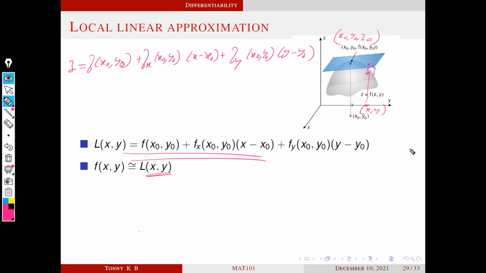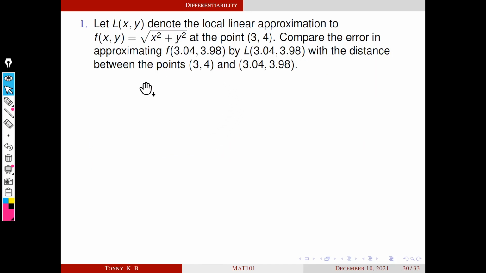And what is the advantage of this local linear approximation? This is a linear function. There is no term containing square or cube like that. It's a linear approximation. Linear functions are easy for machines to handle. For example,